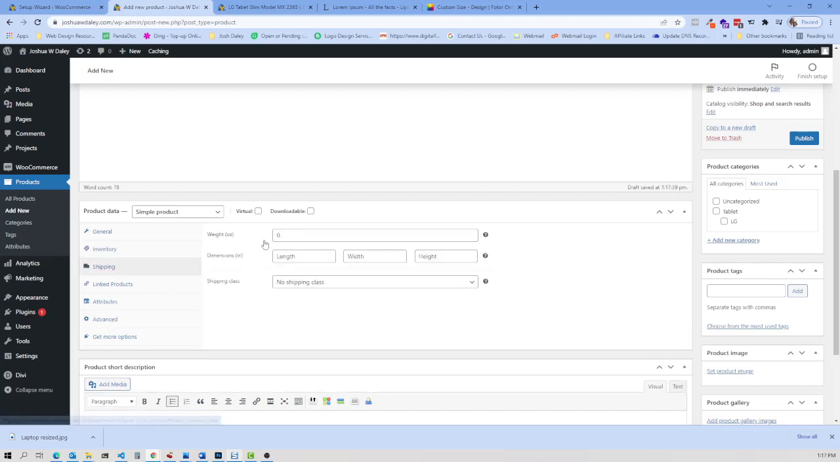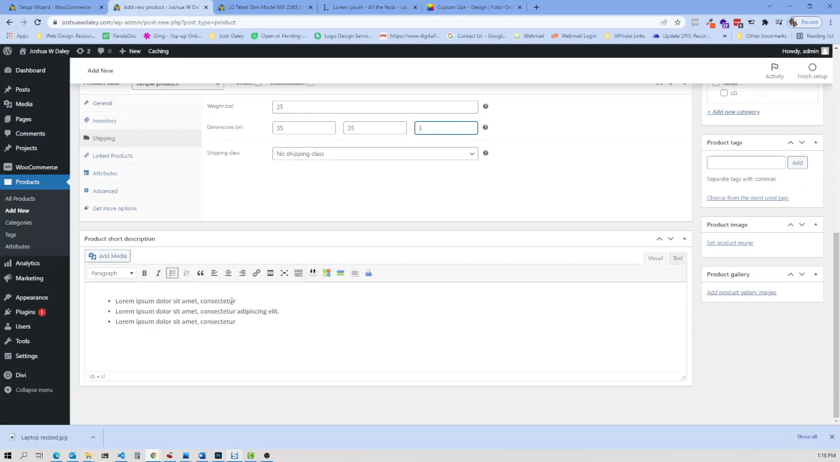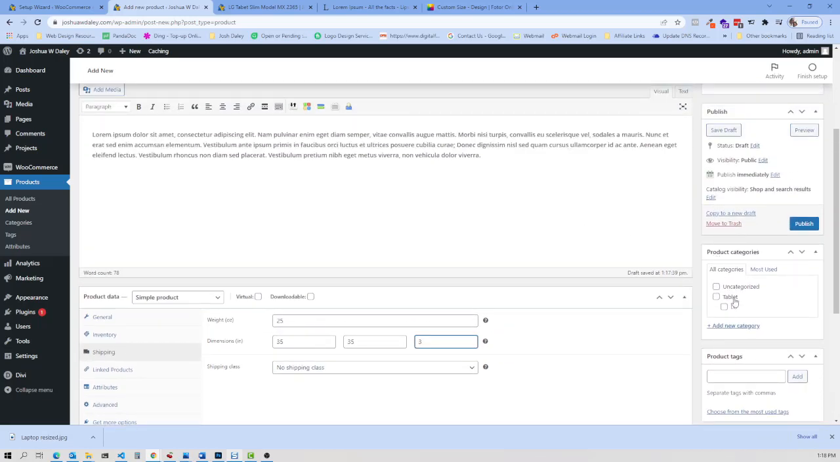And for shipping, again, let's say the weight is going to be 25 ounces. Dimensions, let's say 35 by 35 by 3. And link products, we do not have any. Attributes, we do not have any. And all we need to do now is come over to the product category and add a category. So here we're going to say laptops,